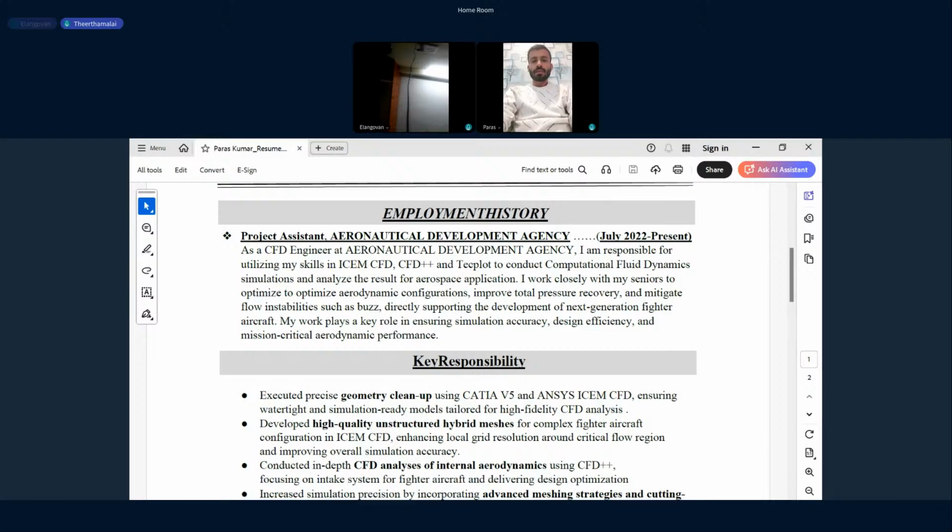Have you heard of turbulence modeling? Yes, sir. So which model have you used? Sir, we are using the K omega SST turbulence model. Okay, in that K omega SST, what is K? What is omega? What is SST? Sir, K is the turbulence kinetic energy. Omega is the specific dissipation rate, and SST is the shear stress transport turbulence model. Okay. So why did you select this? Any reason, or have you done the